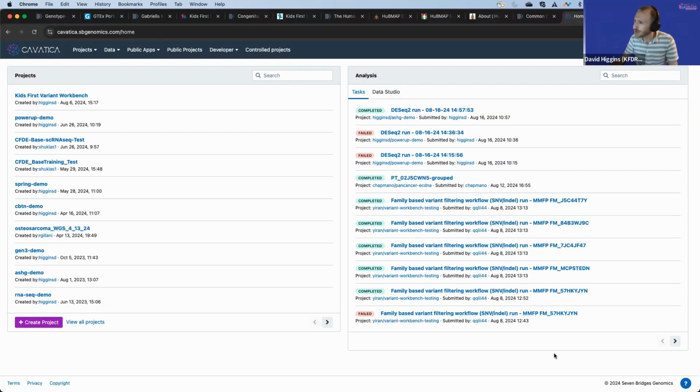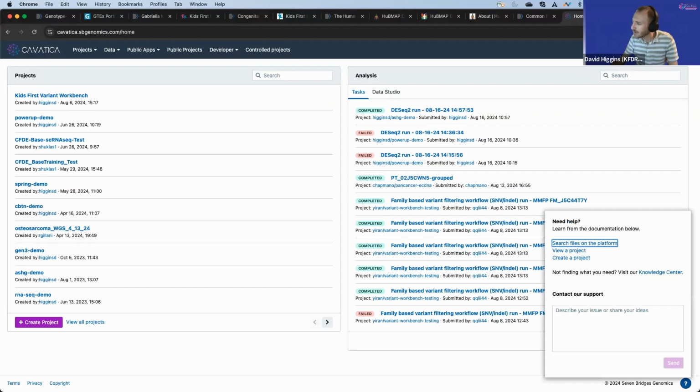But the last thing I'll show you is that there's a way to get help, and that's this blue question mark arrow down here at the bottom. And so this allows you to get help from the Cavatica team to answer specific questions. And so one thing I'll highlight, so I mentioned that Cavatica